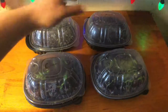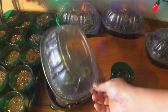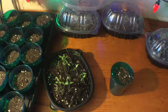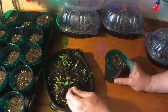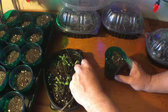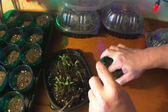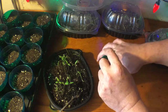I'm going to transplant these into some little cups. I'm going to start off with the chocolate cherry. These are probably my favorite cherry tomatoes, and I want to get a lot of them, and I want to be able to share them with friends. So I just got my little pickle fork out here, and I'm just going to pick out a few of these little tomato plants, grab them by the leaves, don't try to pinch the stem,